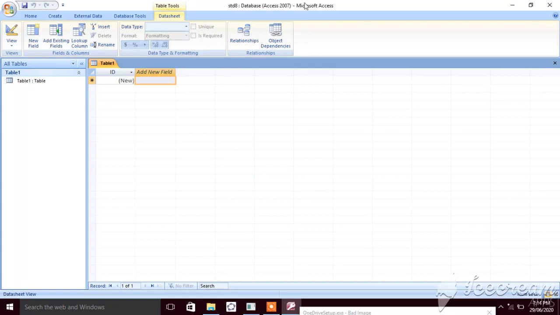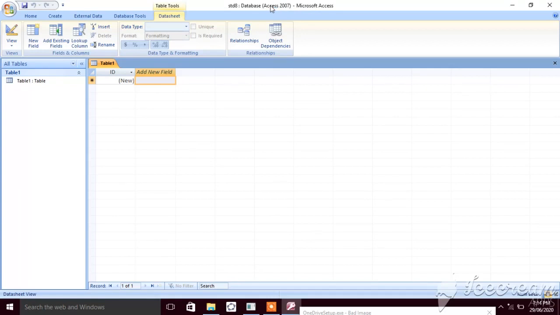See, this one is the title bar. The title bar is present at the top of the MS Access window. It displays the name of the application as well as the file name. Okay, means whatever name you give to your file, that gets shown in the title bar.